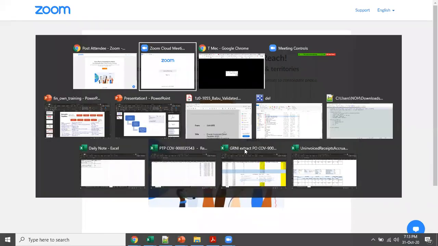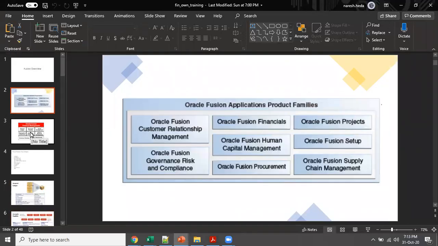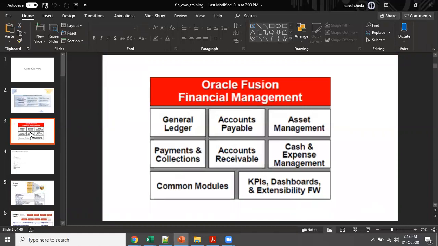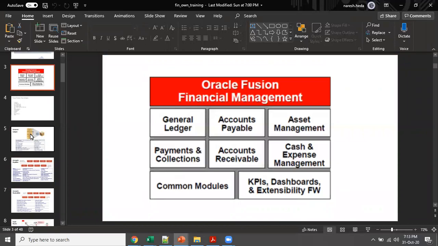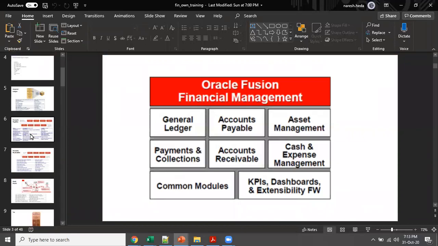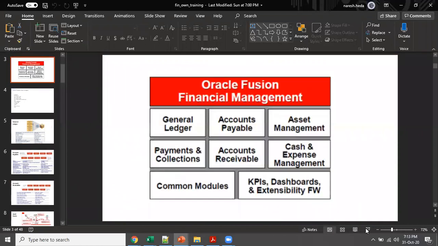Okay, let me just do a quick recap of the part from where I did in the last session. So we were there in PPT. So in PPT, I've just jotted down what is the overview, what we are going to cover in the courses, and maybe the expenses slide I have not covered, but anyways, we will cover this during our session. Okay. So as you can see, we will be covering all the sub modules of the finance: GL, payables, assets, receivable, cash management, everything. Okay.